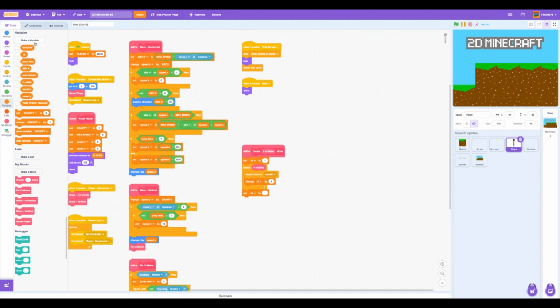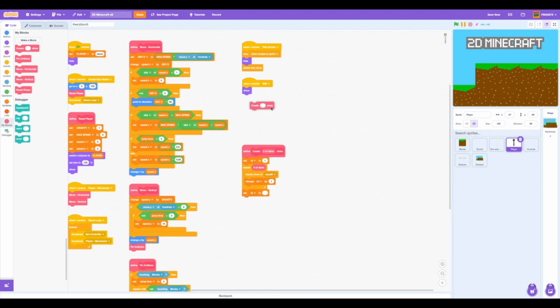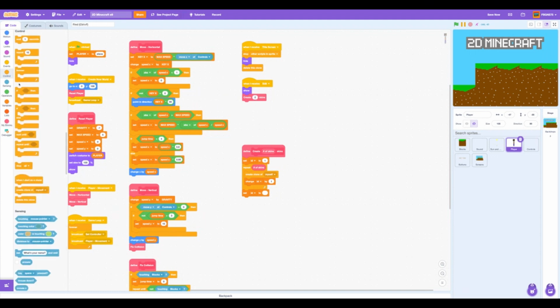So we can add that block, the custom block, create skins. We only have 2 skins, Steve and Alex. If you want to add more, then just add more of this button. Add more of 2. So now, forever,